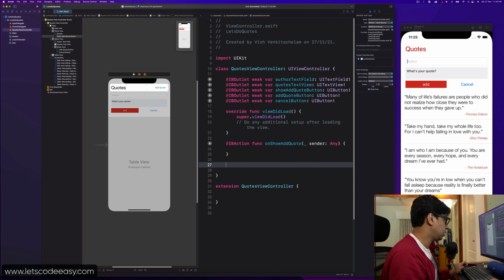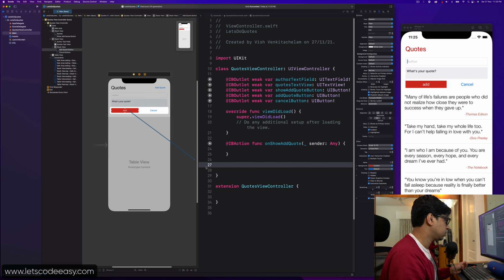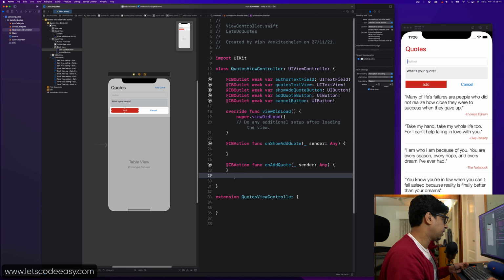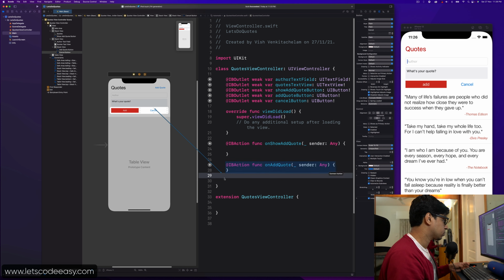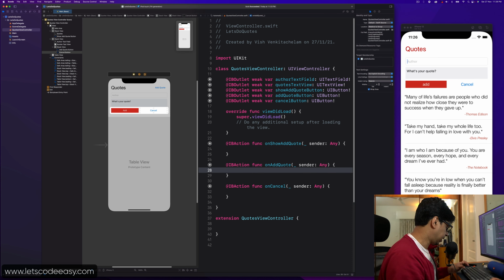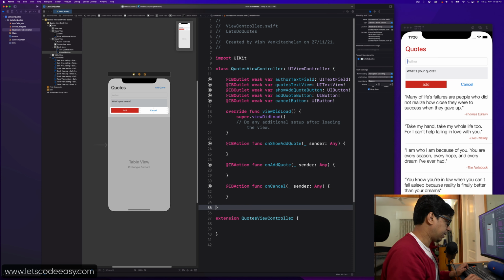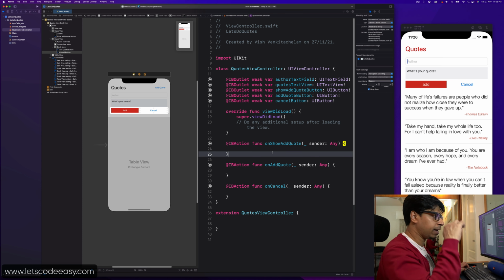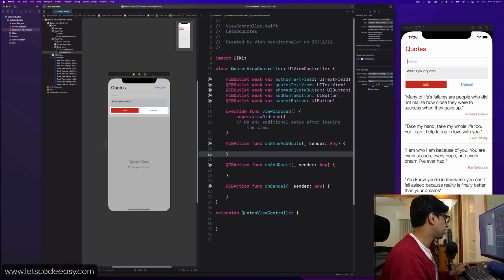Also the other two actions, on add code, and finally cancel, on cancel. So all the actions are also ready. So we just need to now handle those actions for showing and hiding these fields. So let's get with that now. So it's going to be a kind of a toggle between this. So let's do that